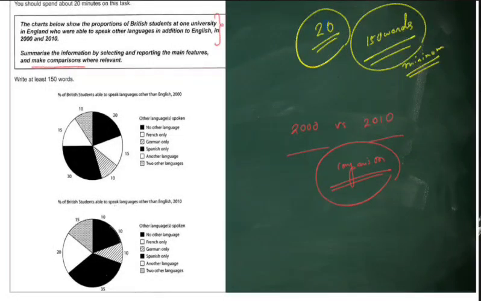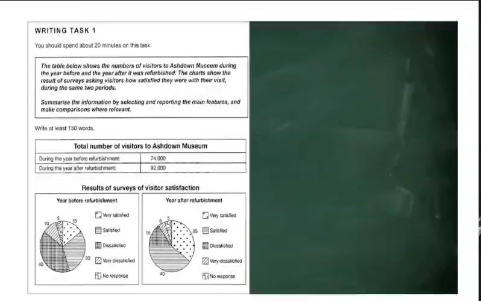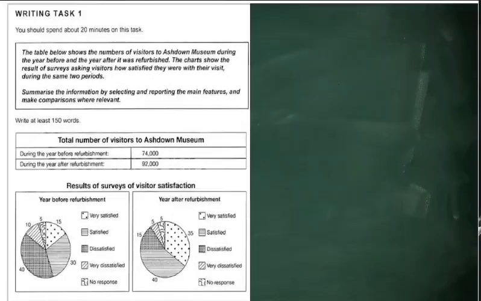Okay, now usually we have variations on each type, but because we're just going through some sample ones, right now we're limited to a few examples, which we would elaborate on later during our masterclass. Now, in the second one, we have a different variation of this very pattern. So here we have a mixed sort of presentation where we have the total number of visitors to a certain museum given to you in a table,